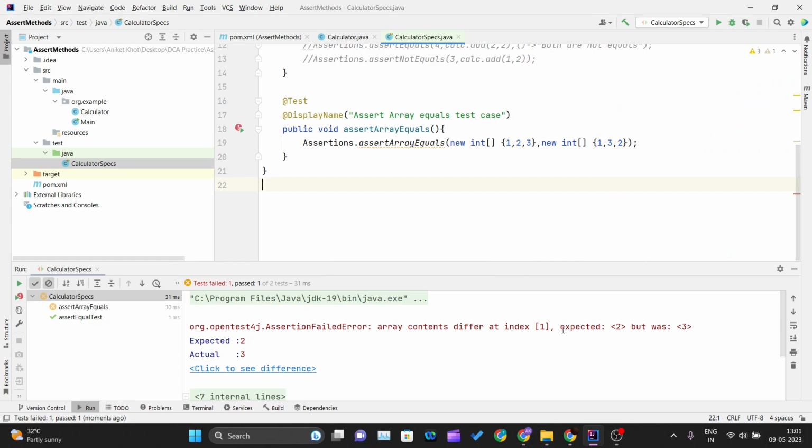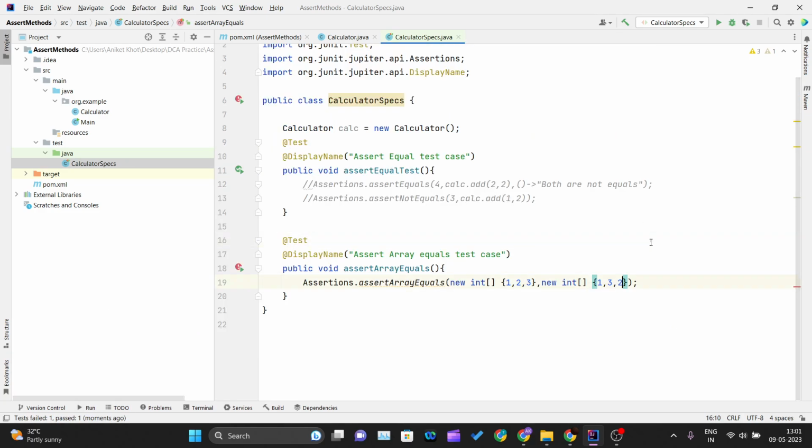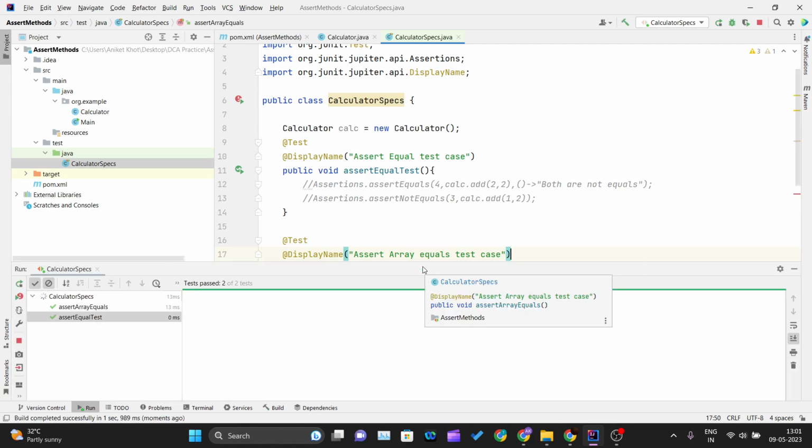You can see at index 1 expected is 2 but was 3, because at this index, expected is 3 but it was 2. Our test case will get failed. Okay, so this is the assert array equals method that we have. Next we can see